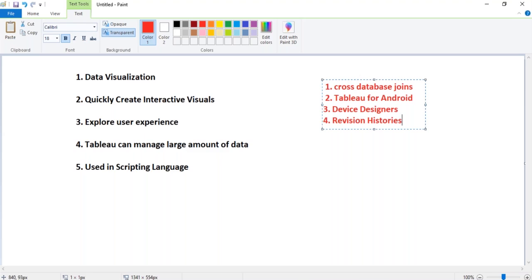Revision history means now you are working on different projects in Tableau. You are going to access different projects; in a company you can have different departments also. For everything you need to create dashboards. If they ask, can you show the previous dashboards which you have created? Yes, there is flexibility with an option. So we are able to get the old dashboards to represent the data.